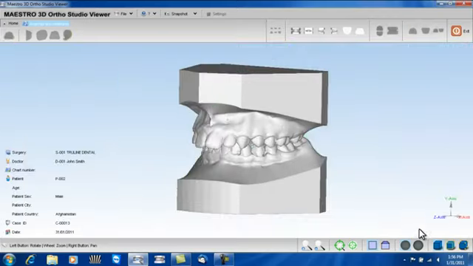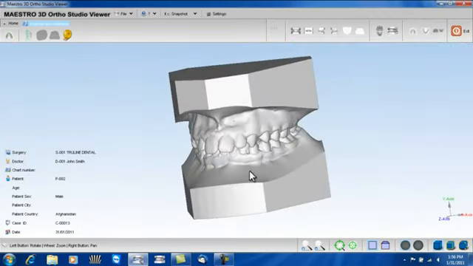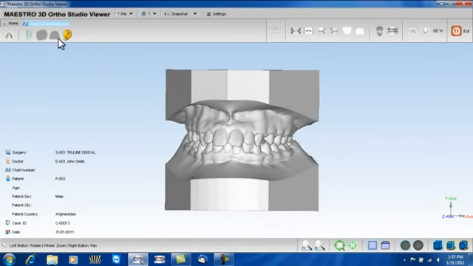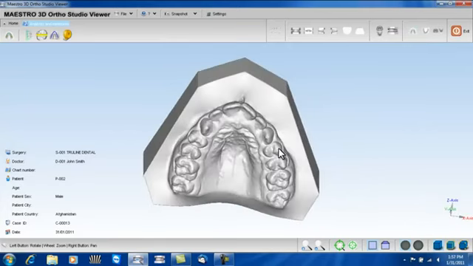Click next to exit. Now if we have a look at these two icons, they're grayed out, and the reason why they're grayed out is we need to select the upper or the lower only to continue. So let's select the upper model,